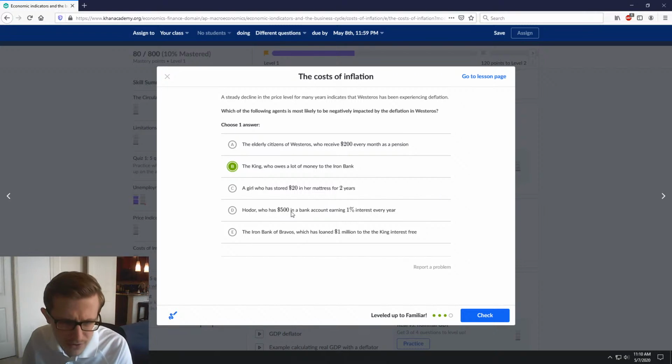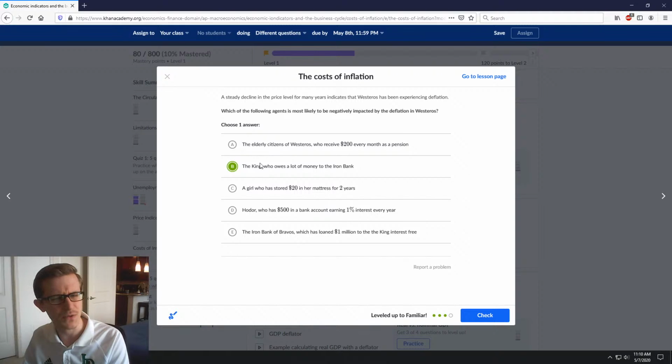Hodor, who has $500 in a bank account earning 1% interest every year. If he's getting 1% interest every year, that's pretty good for a savings account. So he's sitting pretty, especially since that's now effectively worth more. Or the Iron Bank of Braavos, who has loaned $1 million to the king interest-free. So if they loaned $1 million to the king interest-free,